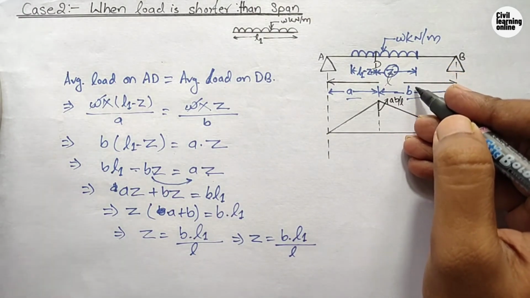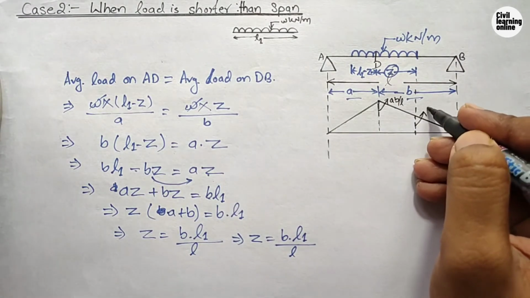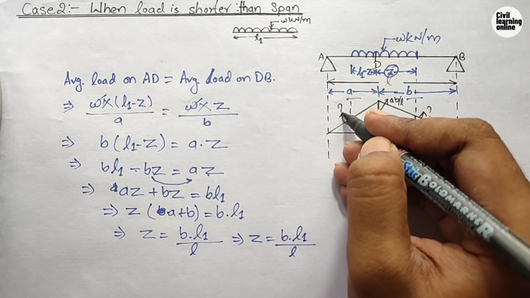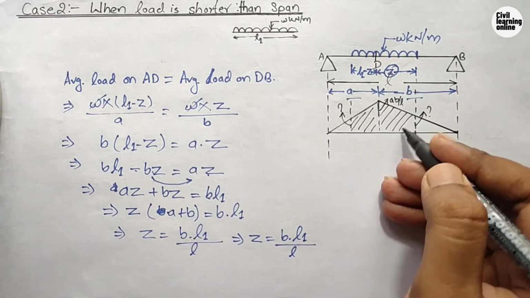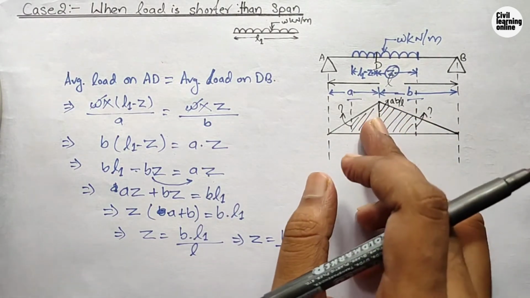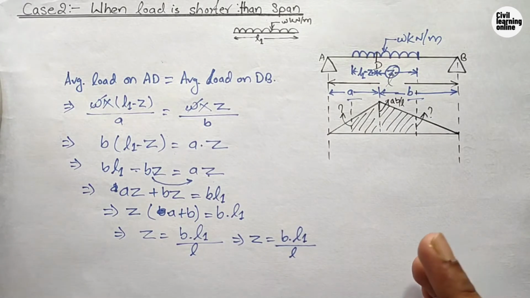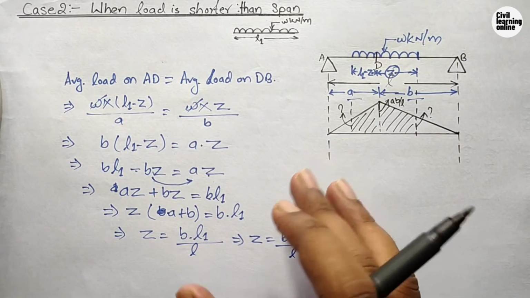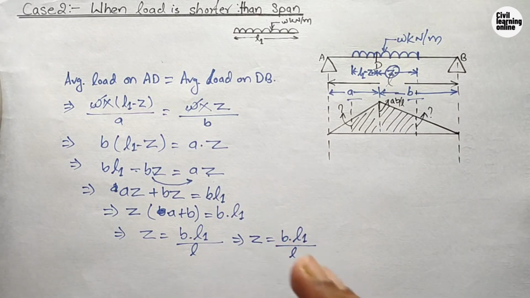And guys, now we need to calculate the ordinate under this head. We need to calculate this value as well as this value, so that we can know the area between these two portions, and on multiplying the area with the intensity of load, that is W, we will be able to calculate our value of the maximum bending moment. So further we will see the example, and we will clear our concept more related to this topic. So let us move toward an example based upon this concept.